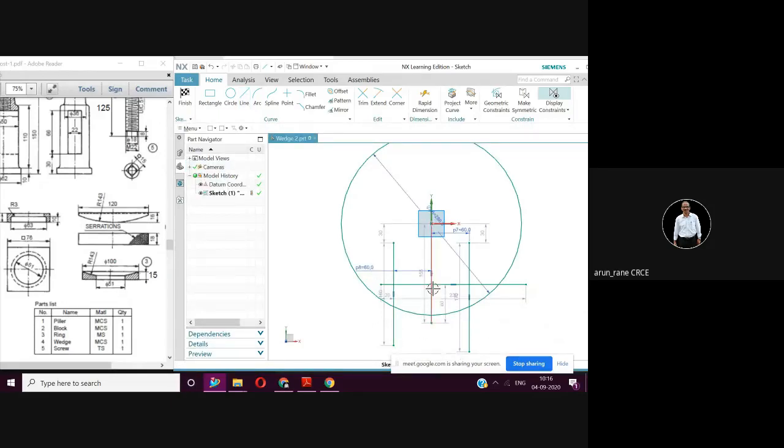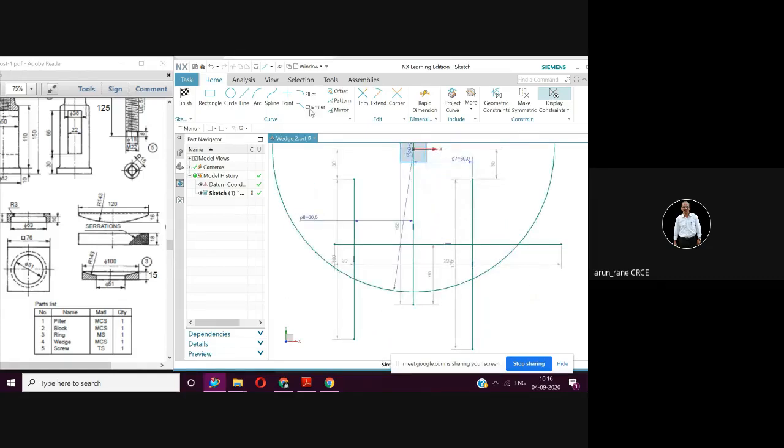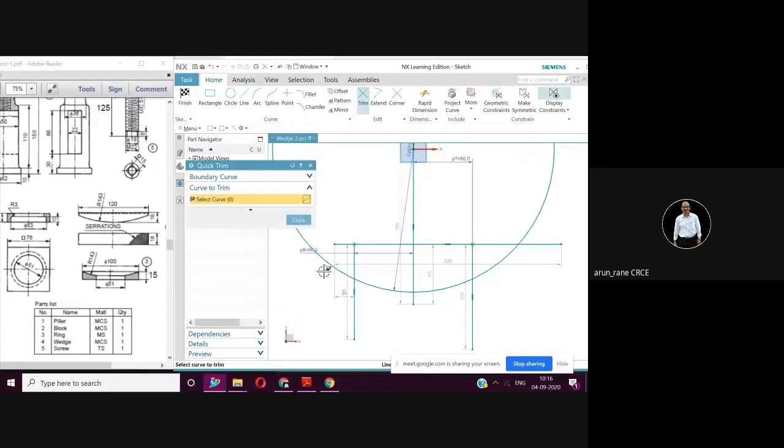Now I'll fix up this distance. If you want, I can trim it for you so that you'll get a better idea. Trim this, trim this, then trim this, and afterwards we'll trim this.